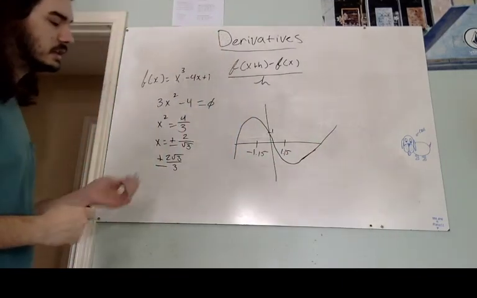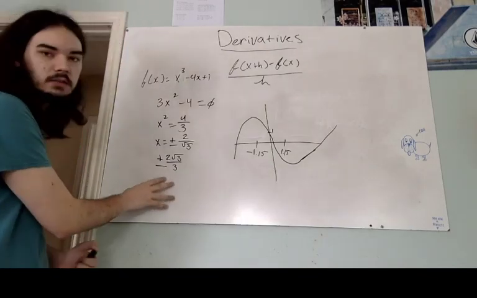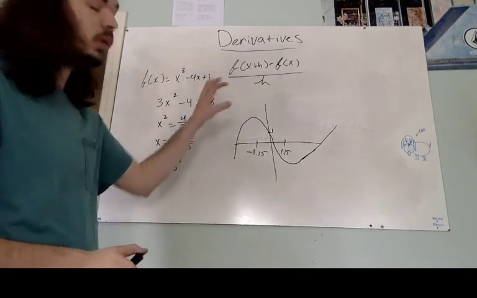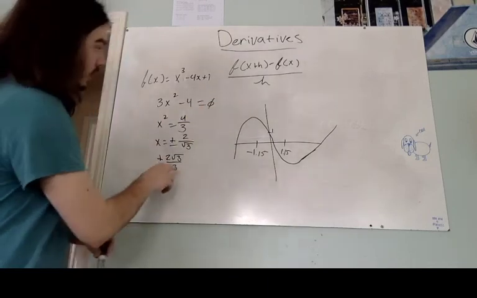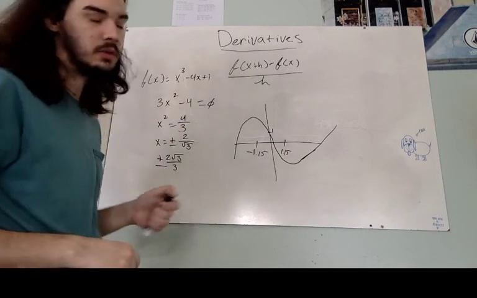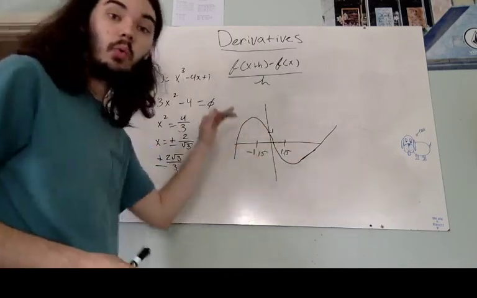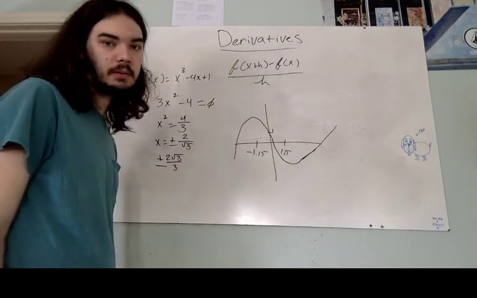But the idea is, this will not explicitly give us the y values of that. We would have to plug this back in to find out where that's going to bend, like what the y value is. But it will just tell us, for now, where on the x-axis that's going to happen. So I hope